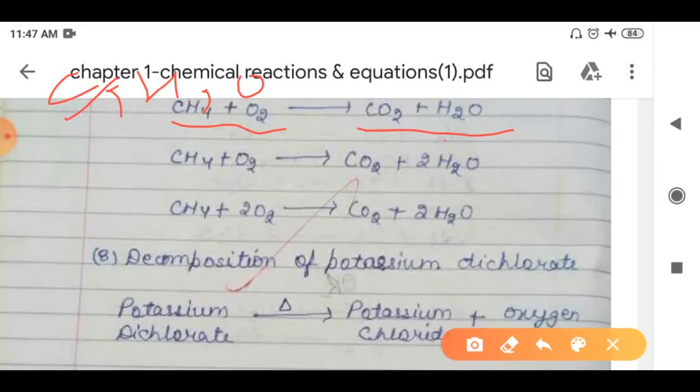So let us start from the carbon itself. How many carbon atoms are present in the reactant side? Only one carbon atom is present in the reactant side. And how many in the product side? One carbon atom is present in the product side. So this reaction is balanced in terms of carbon. Now next we move towards the hydrogen. How many hydrogen atoms are present in the left hand side? 4 hydrogen atoms are present. And how many in the product side? 2 hydrogen atoms are present. It means